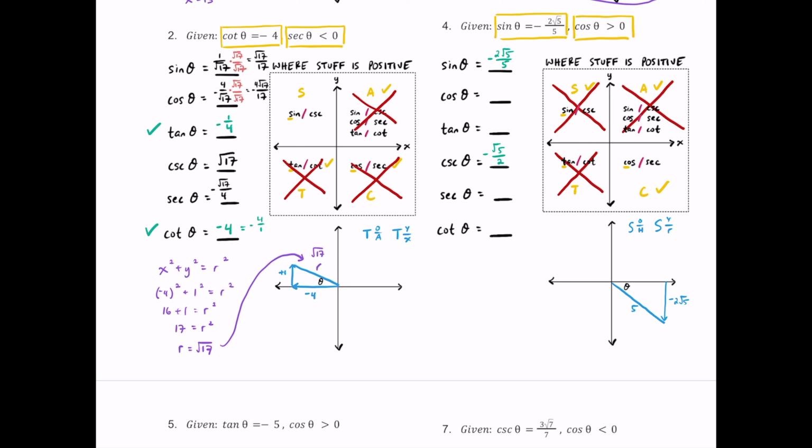So this triangle makes sense because it's in quadrant 4, and we have negative 2 root 5 over 5 for the opposite over hypotenuse, or y over r. And what we're going to have to do is solve for the x-coordinate, which is going to be positive because we're to the right of the y-axis. Just like earlier, let's go ahead and use the Pythagorean theorem to figure out what x is. All right, so after using the Pythagorean theorem, we found out that x is equal to the square root of 5,